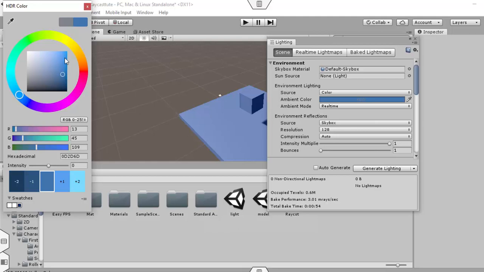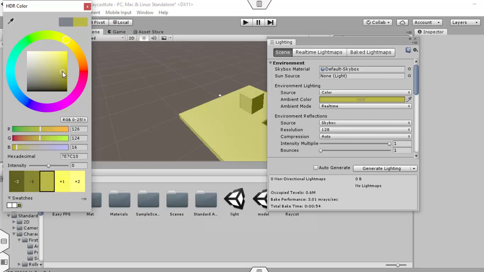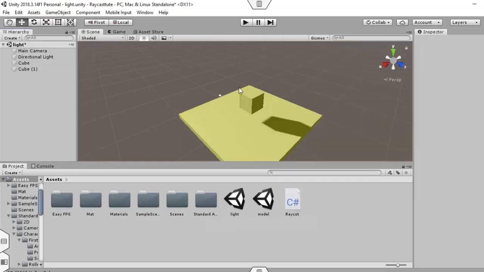For example, I want to make a scene which shows the effect of night. So in that case you can choose this type of color, dark color. Okay. If I want to show a sunny scene, so here we can change the color of ambient light to yellow. So these are the various options by which we can see the effect of ambient light in the game scene.